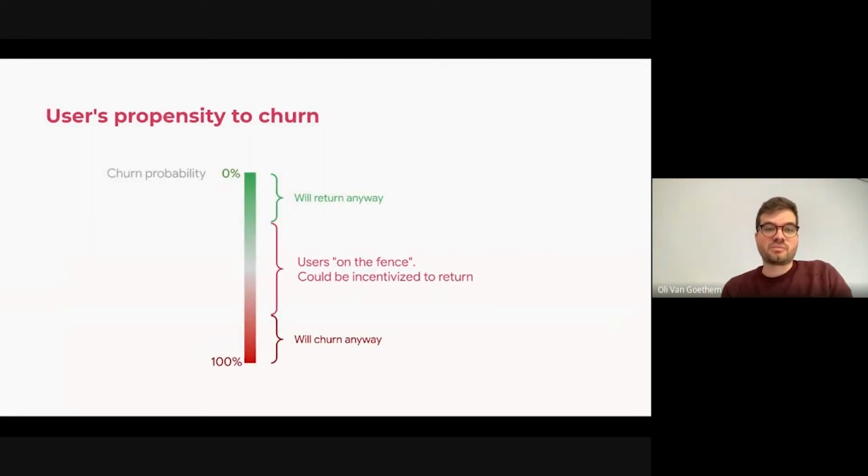In the case of a propensity to churn model, you'll end up with a score between 0 and 100. That's typically how it works in terms of percentages. Obviously, when you get a 0, that means you've got a very reliable customer. They're probably going to come back. If you get in the 50 range, they're on the fence and you probably want to incentivize them, maybe target them with a particular offer or message to try and keep them on your platform. Or if the model returns 100%, then obviously you're in trouble and that user is very likely to stop being a revenue generating customer.